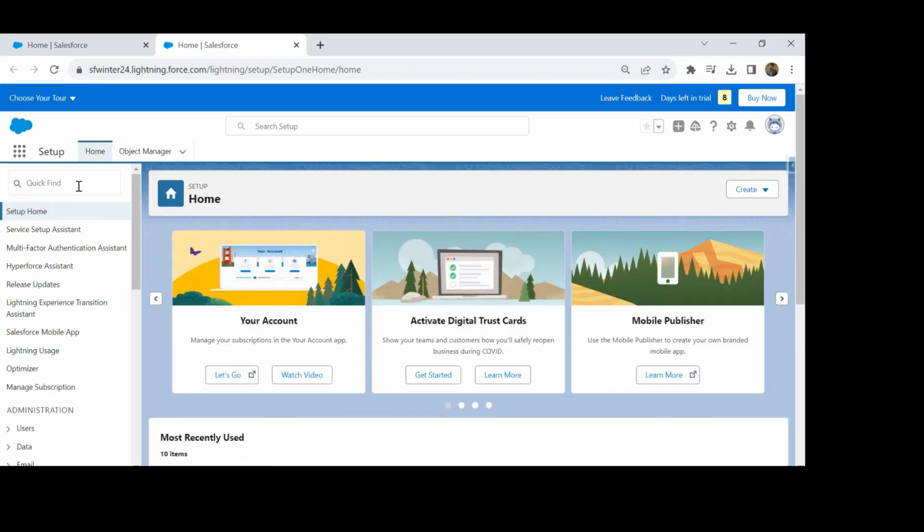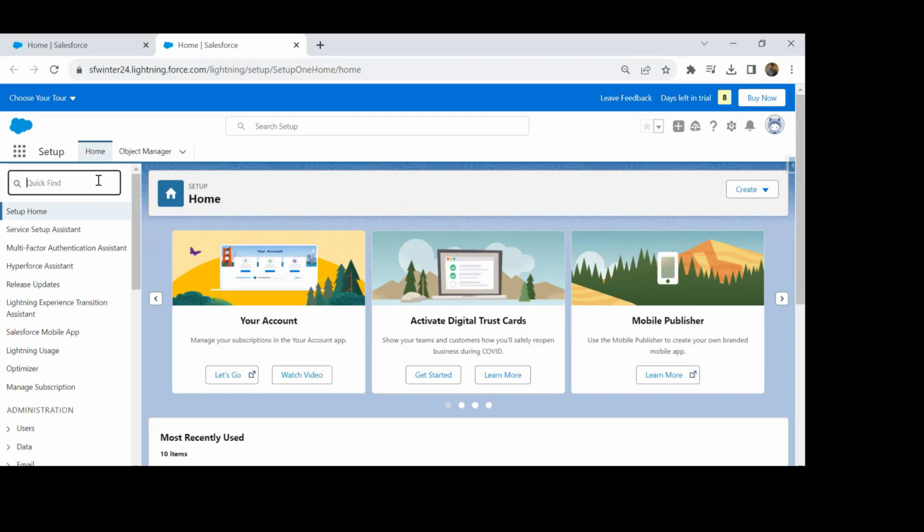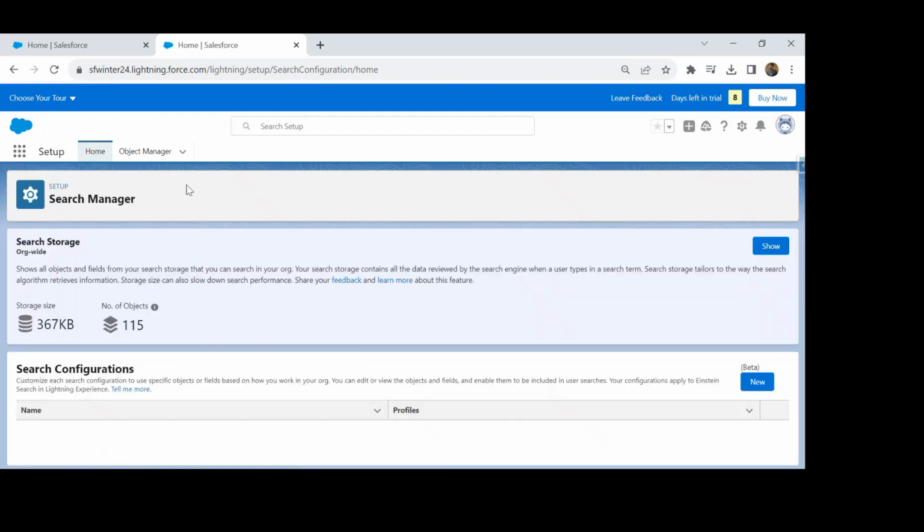You can search for Search Manager. Under Einstein Search, you can see Search Manager is available. When you click on Search Manager, we will be redirected to the Searchable Objects